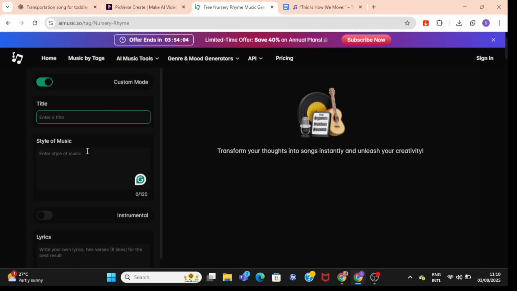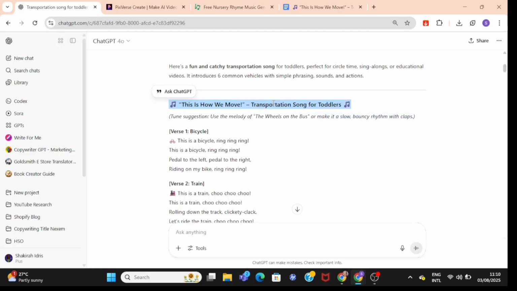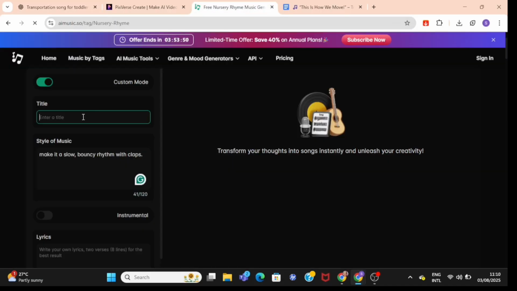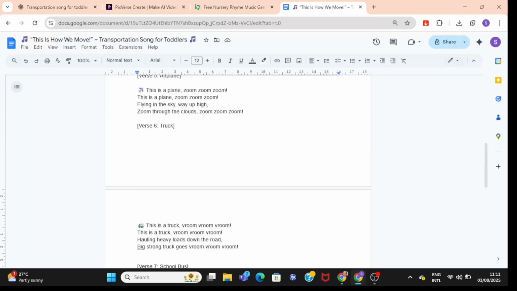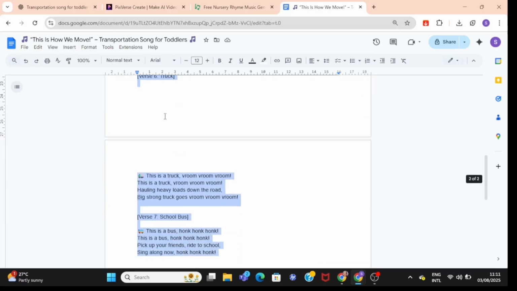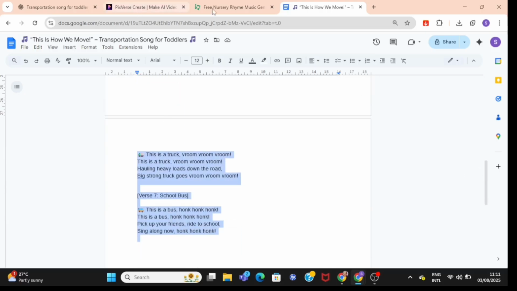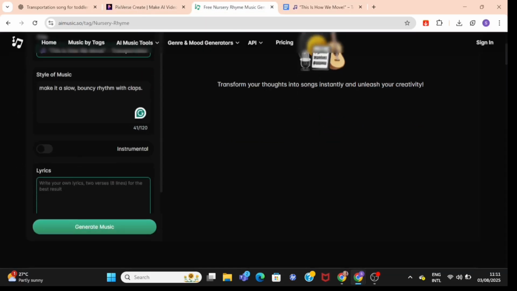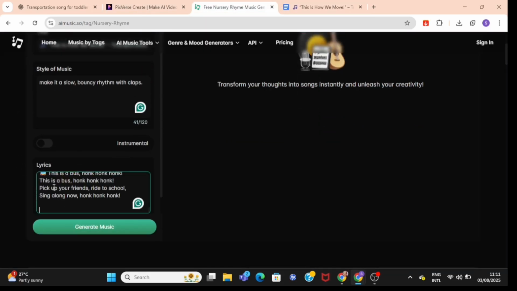I'm going to go ahead and paste the style and then return back to ChatGPT and copy the title of my nursery rhyme. Now I have copied and pasted my nursery rhyme in this document, so I'm just going to go ahead and copy it from this document, and then I'll head over to the website and paste the lyrics. I'll just quickly go through to make sure that everything is all right, and then I'm going to hit on